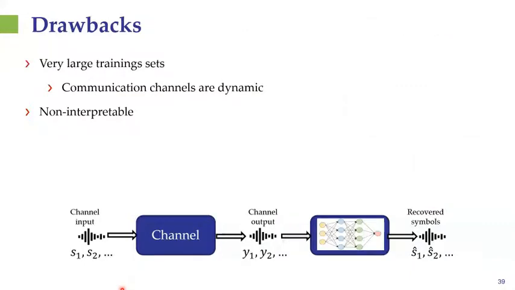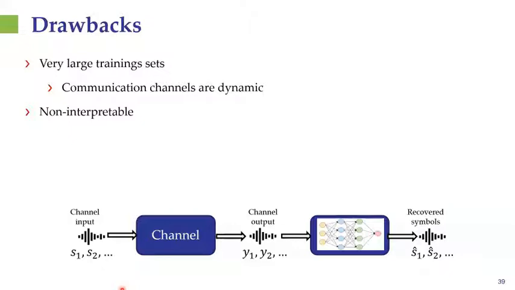There are several drawbacks of utilizing deep conventional architectures for symbol detection, and the most notable one stems from the fact that we now have a very highly parameterized network with a very large number of tunable parameters, implying that you need very large training sets. At the end of the day, in the work of Farsad and Goldsmith, they used about 30 million training samples, and we know that communication channels are dynamic. So even if you train it over a set of channels, at some point the channel may change in time and you may have to retrain the whole thing, which takes a considerable amount of time.